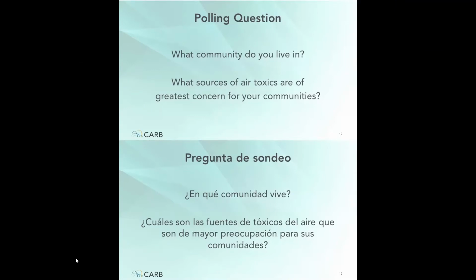It's looking like the responses have slowed down, and it looks like mobile sources right now are in the lead, followed up by warehouses and rail yards, auto body shops, and metal finishing processing operations. And now it's looking like there's no more movement in the results.